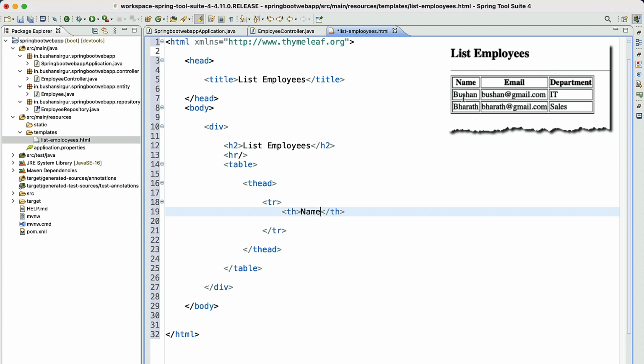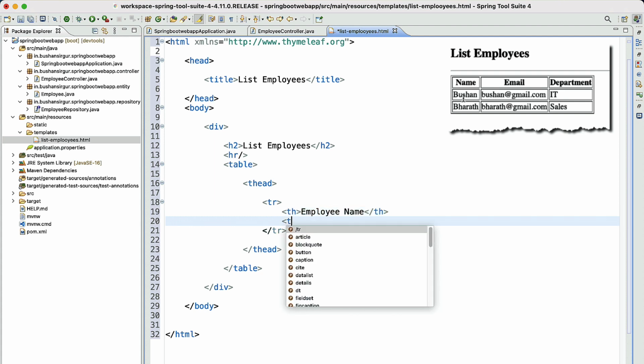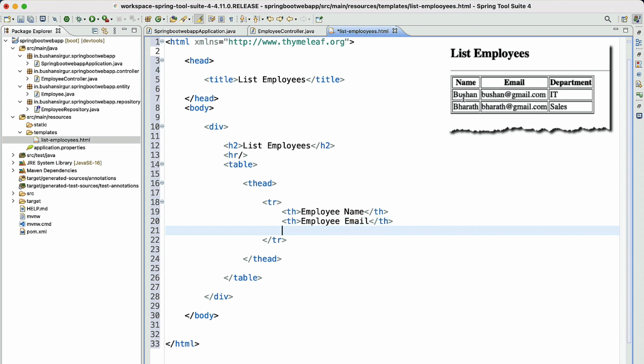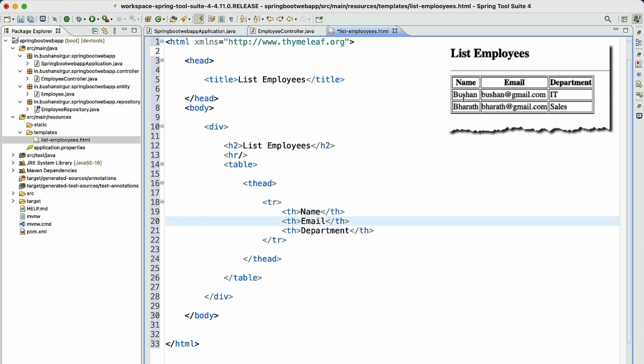We have the employee name, and we have the employee email, we have the employee department. Let's make it short. Let me remove these employees. Since we are building the employee directory, we don't need to specify employee explicitly. So name, email, and department.